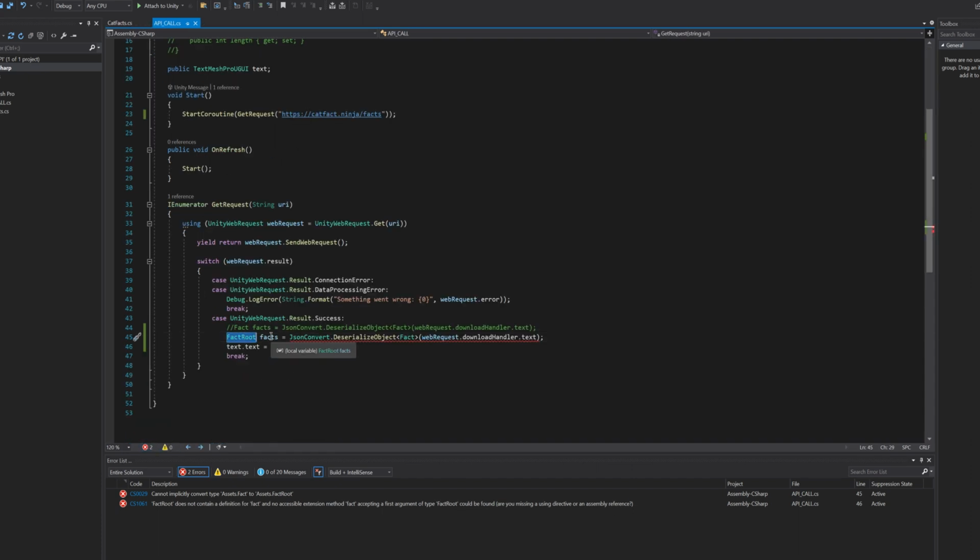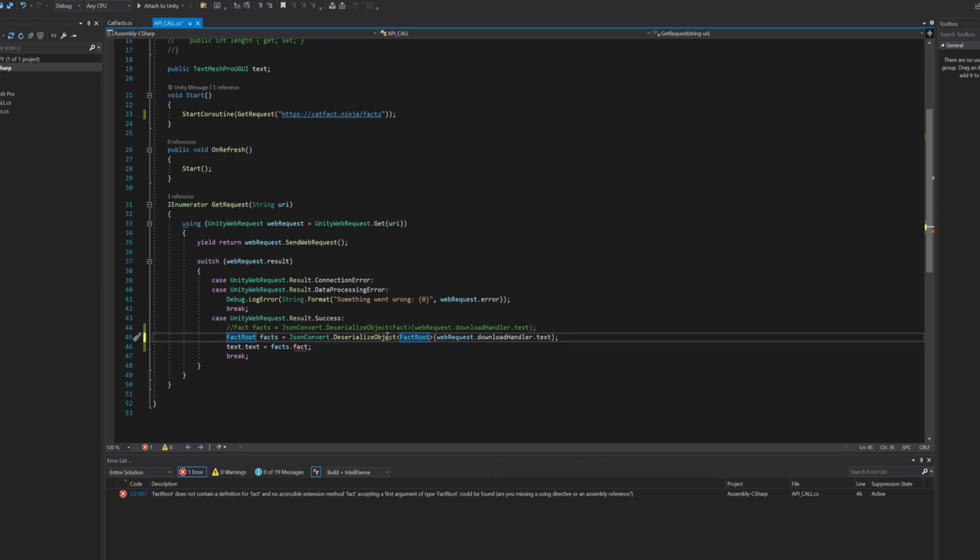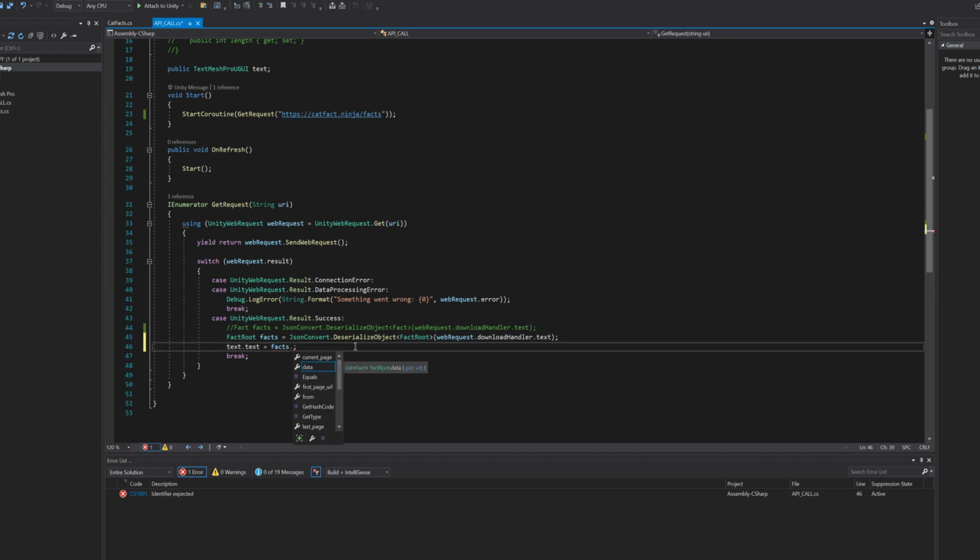And here we have fact root facts, and we want to do exactly what we did before, but this time we're going to deserialize the object to the type of fact root based off the JSON that we get back. And immediately you're going to notice here when we're trying to set the text on the screen or on the canvas UI to facts.fact, it's not working because we have multiple other properties now, such as the current page, from page URL,